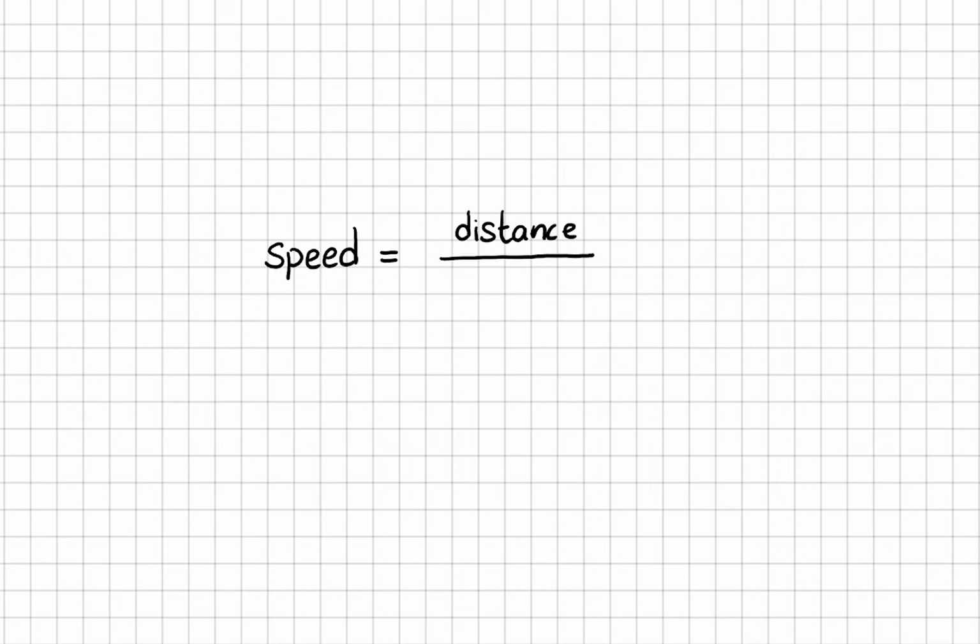Speed is distance over time. Let's pretend that we don't know the units of speed and we have to work it out using dimensional analysis. The unit of distance is meters, units of time is seconds, so the unit on the right-hand side is meters per second. This means that the left-hand side, which is speed, must also have the units meters per second in order to balance the two sides of the equation.